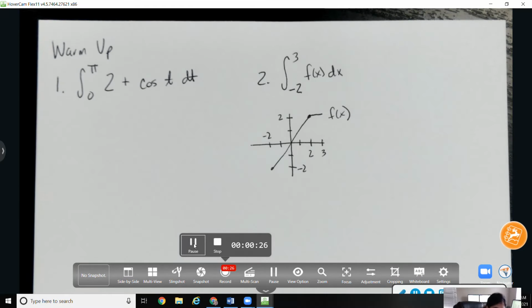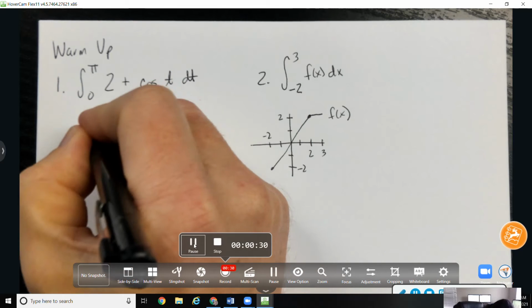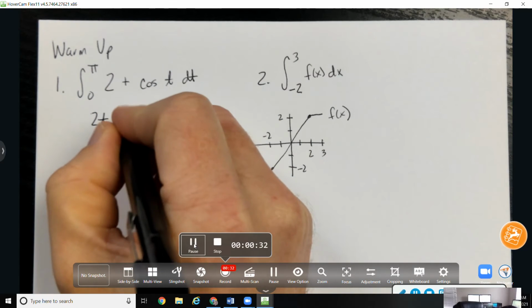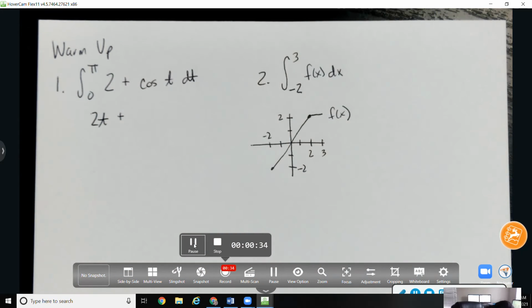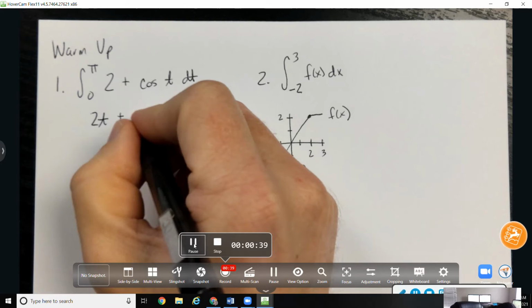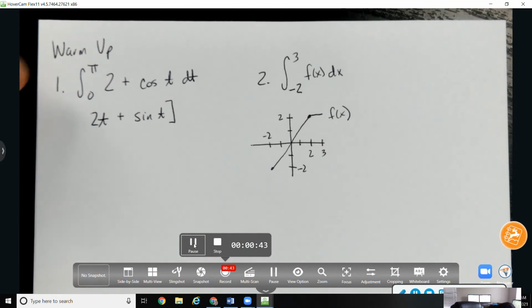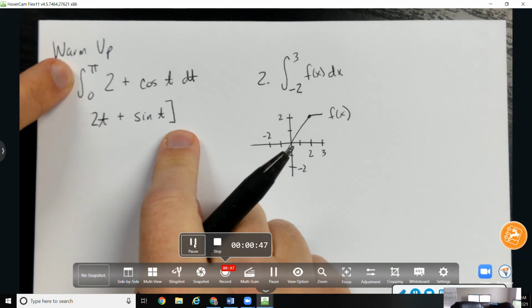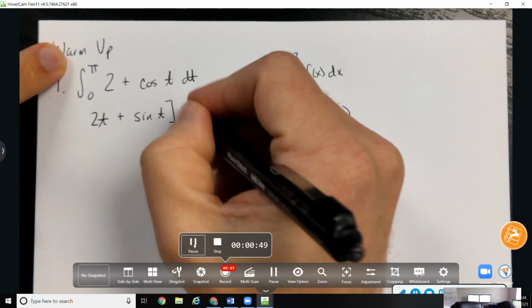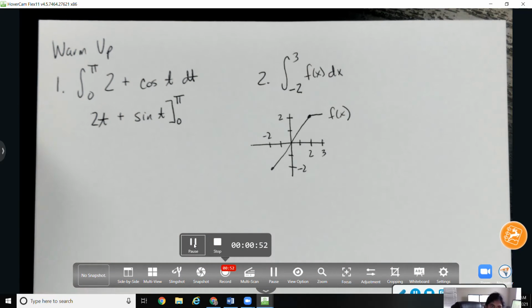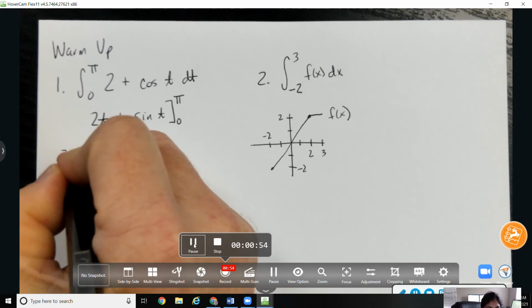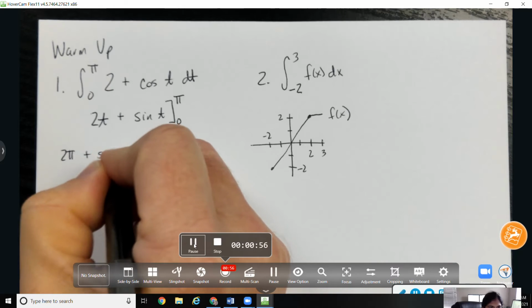All right, number one, antiderivative, 2t plus, and then the derivative of sine is cosine, so that means the antiderivative of cosine is sine. Now, if these limits weren't there, we would do a plus c and be done. But there's limits on there, so we're going to go from 0 to pi. So 2 pi plus sine pi